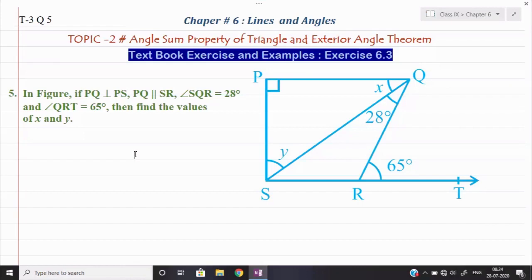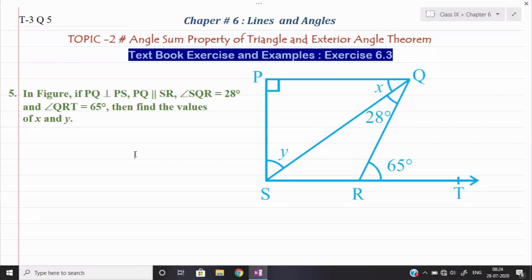Today we are going to start the next question, question number 5 onwards of topic number 3. Last class we finished till question number 4 of the third topic, and today we are finishing question number 5, 6, 7 and 8. There are a total of 4 questions remaining that we are going to finish. So let us see question number 5.